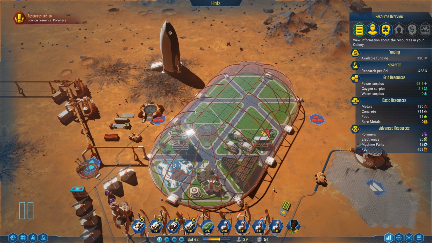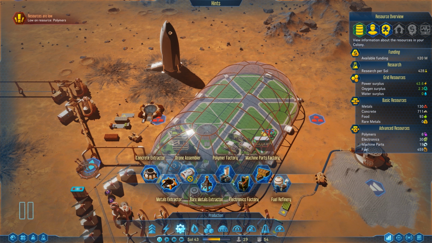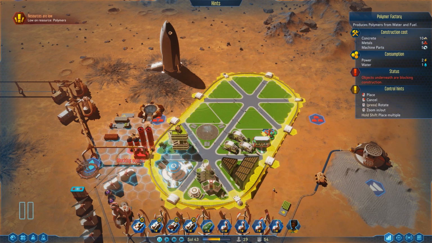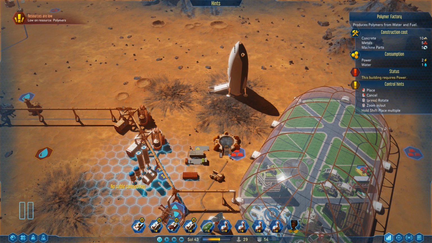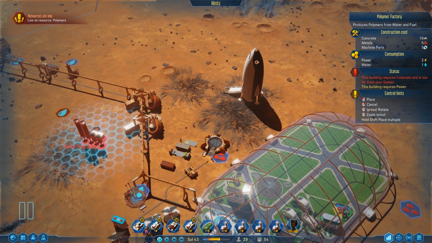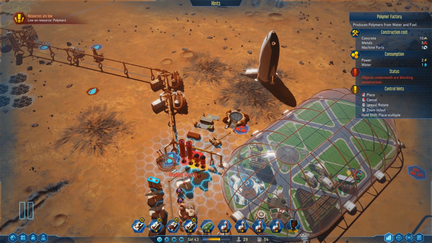This has to go outside. Okay, what is that? Is that the polymer factory? So the electronics factory takes up that, and we don't have that. Okay, so we want to have this like here. You know what? Let's have this like... Oh yeah, it's too far from the domes, and we don't really have the...